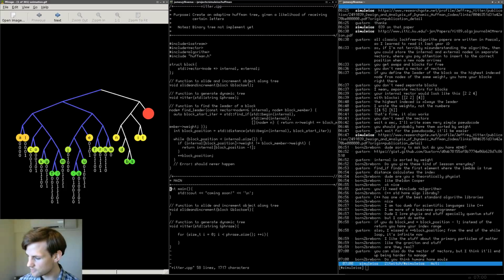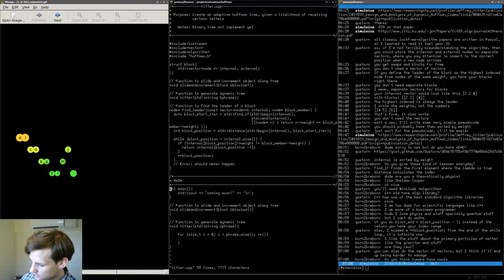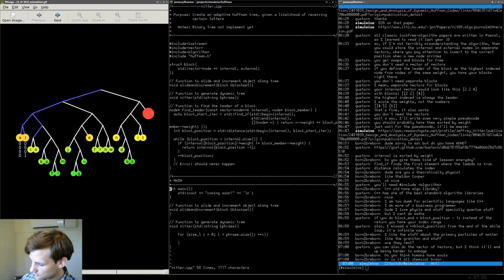Yeah, I'm not sure. So here's what I'm going to do. I'm going to write down a couple of different ideas, and we're going to see how far we need to do. So vectors versus weight managed